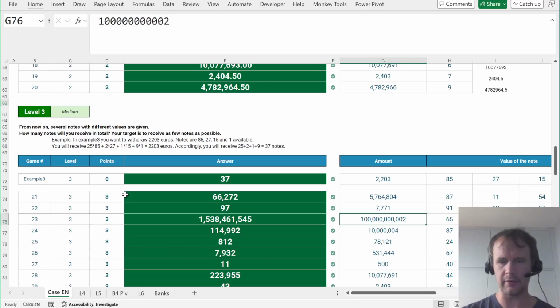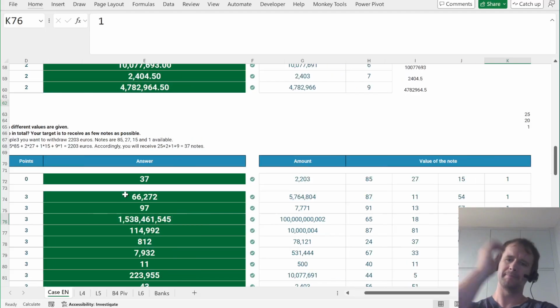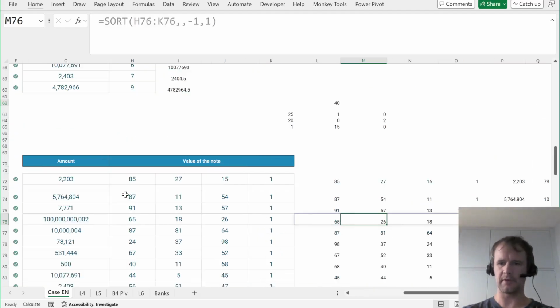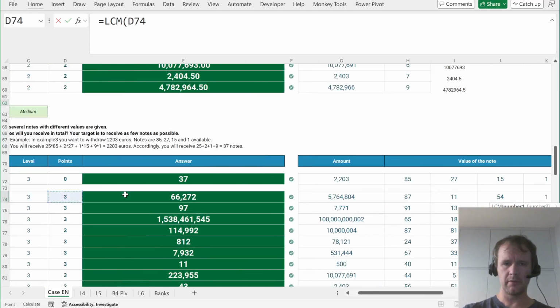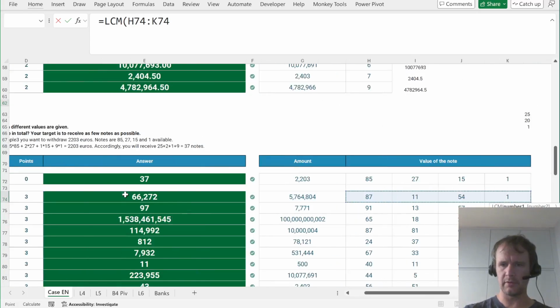Definitely cannot check all possible scenarios because here's like 100 billion and 2. So is there an efficient way? Well, I guess one thing you can say would be the LCM of all of these,